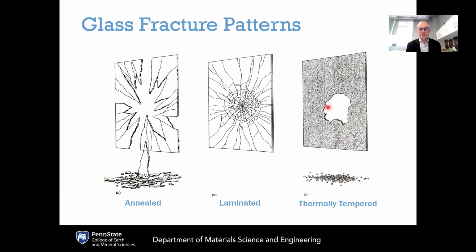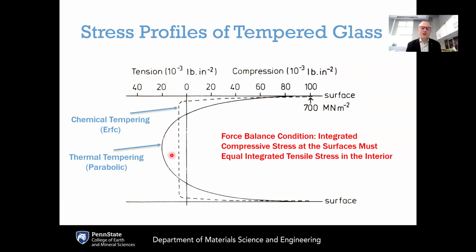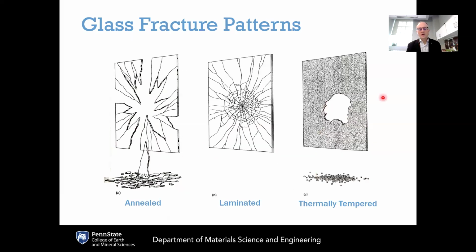Now, the next question becomes what governs the size of these pieces? Basically, that is governed by the magnitude of tensile energy that is in the interior of the glass. If you've got a greater amount of tensile energy, that's going to accelerate the cracks faster. They're going to reach their terminal velocity sooner, and then they're going to branch sooner. They're going to branch at a smaller length scale. So the greater the amount of tensile energy in the glass, the smaller the pieces that you will ultimately get